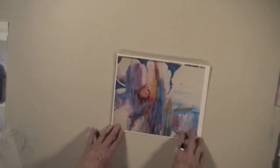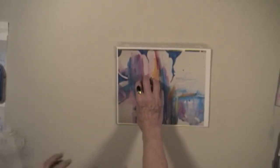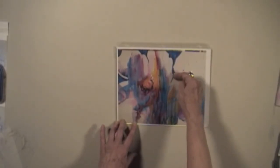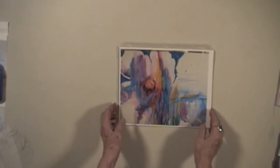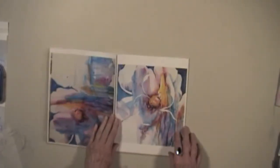This was a painting I started the same way I showed you today, only this was with really garish, brilliant colors. And I loved it, and I just put a center there, and then I thought, well, now what am I going to do with this? So I started painting in some negative shapes. Of course, it's turning into a flower. And as I went along, this way now,